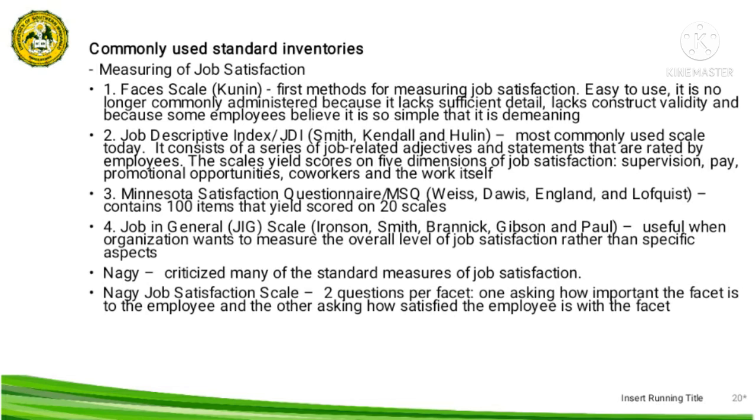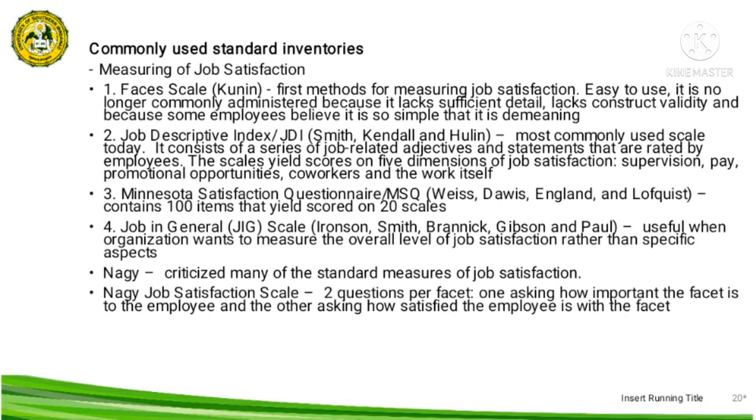Next is the Job in General scale. It is very useful when an organization wants to measure the overall level of job satisfaction rather than specific aspects. And Nagy in 1996 criticized many of the standard measures of job satisfaction because these measures asked only if employees are satisfied with a particular aspect of their job, but not how important the job aspect is to them.